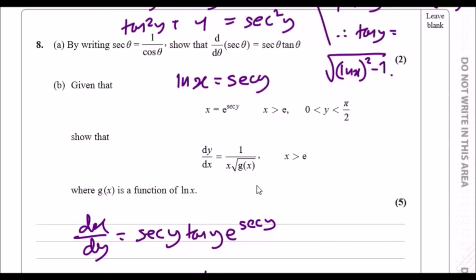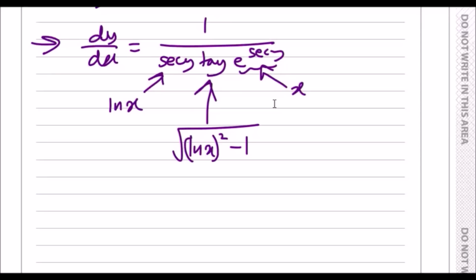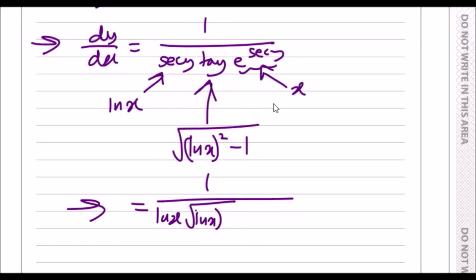So let's just replace the tan y with that, so you're going to have the square root of ln x squared minus 1. Okay, so let's stick this together for now. This means dy/dx is going to equal 1 over ln x, root ln x all squared minus 1,